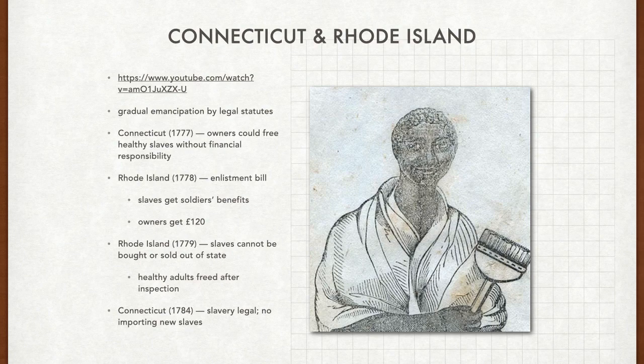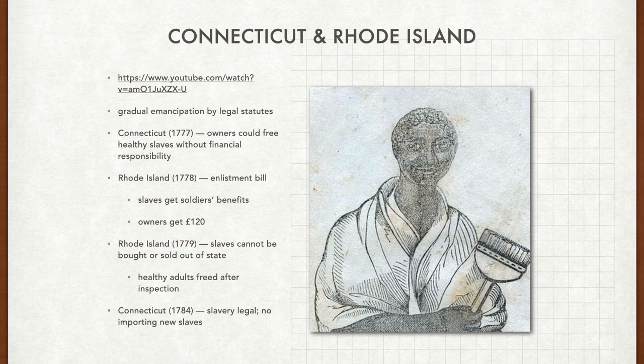The legislature did pass a bill, however, that allowed owners to manumit healthy slaves between the ages of 21 and 40 as long as they presented them to the town for inspection and the slaves were deemed healthy and able to support themselves. Most states were concerned that freed slaves would be lazy or delinquent and would fall to the care of the state as paupers or poor people, right? So basically, you'd have to go through a thorough health examination, make sure you're able to work, and then that potentially you can get a job so that you didn't live off the state.